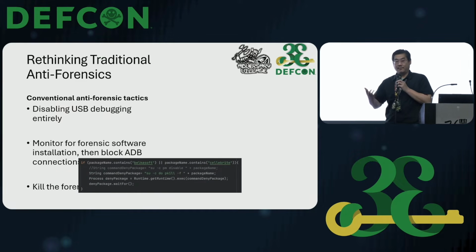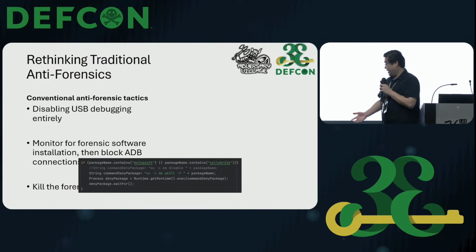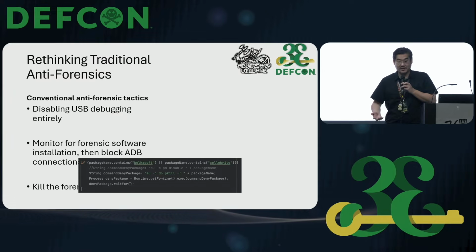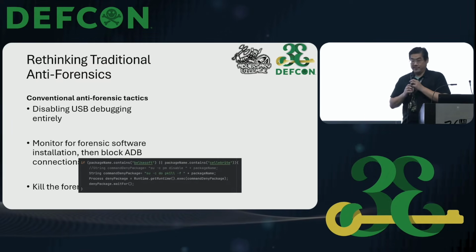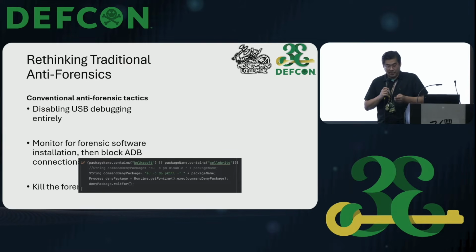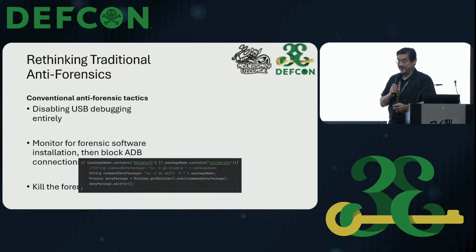If I detect that, for example, a forensic software is installing a package, right? Let's say Belkasoft installing package or Cellebrite is installing a package on the device, well, just kill the forensic service itself. Now, these are very intuitive, very straightforward kind of approach, but if you do something like this, that's very